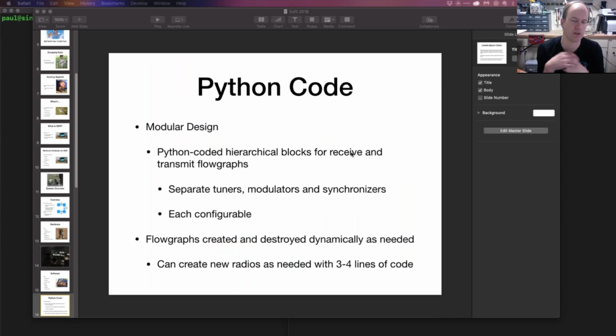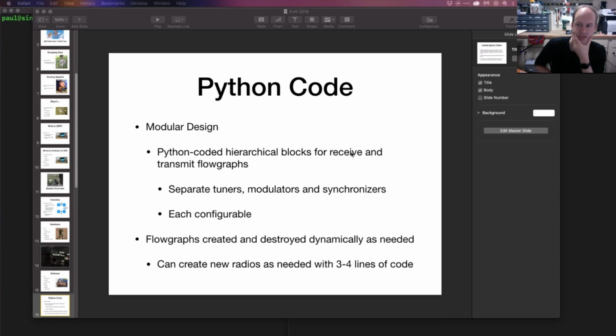And so what I did, and there are a couple advantages to doing this, is I dispensed with GNU Radio Companion and coded the blocks directly. That allowed me to build hierarchical blocks that would swap in different types of radio elements as I needed them. So I could use different types of tuners, different types of modulators, different types of bit synchronizers, and they were all configurable. So I could just swap those in and out during runtime based on the way I built this thing.